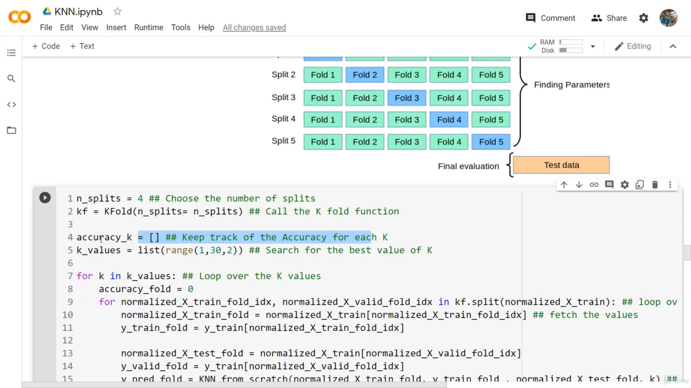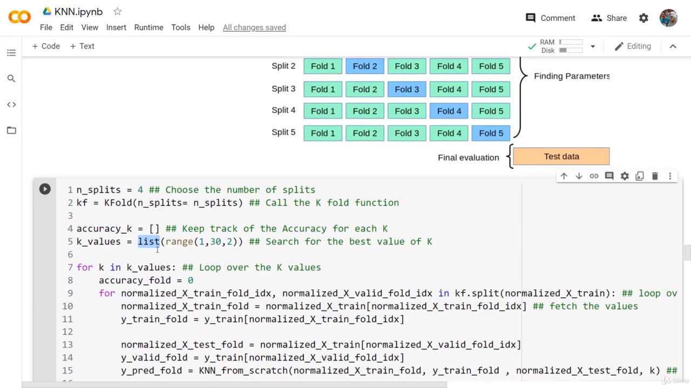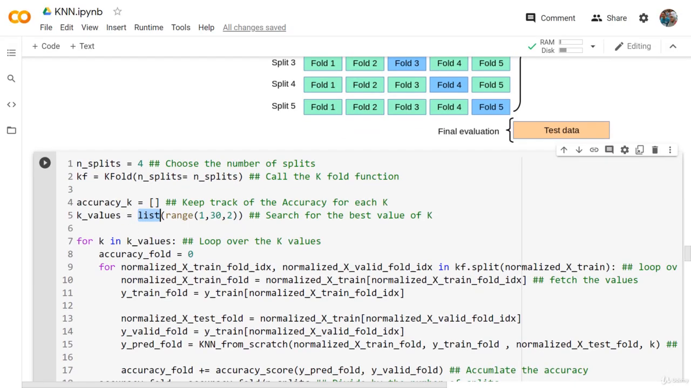So the accuracy of how many neighbors we need. And the k values will be 1, 3, 5, 7, 9, 11 until we reach 29, right? So we have a list, and this list will contain values from 1 to 30 with a step of 2. Now we will loop over all the k values we have in this list, for k in k values,